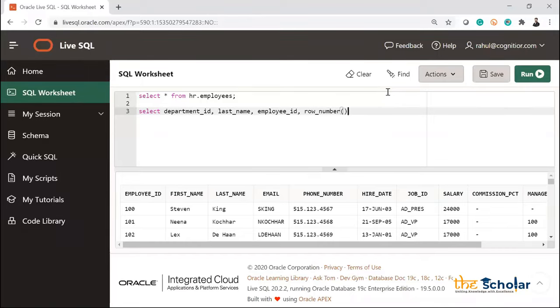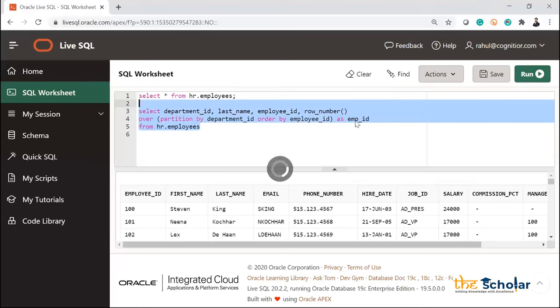Row number over partition by department ID, order by employee ID as, let's say, EMP ID, from HR.employees. Let's execute whether it's working fine or not.